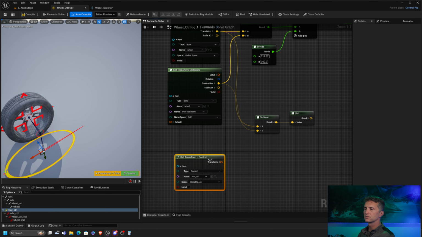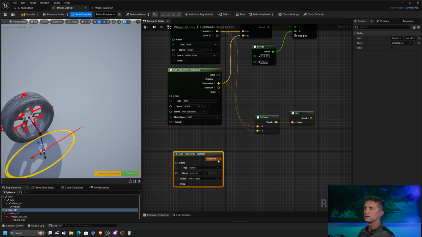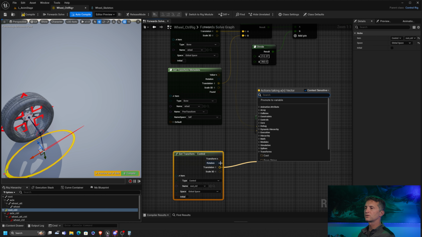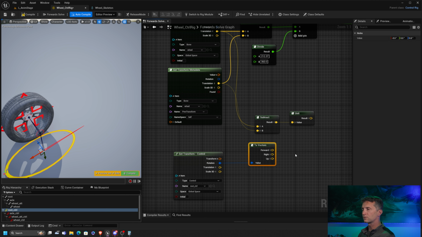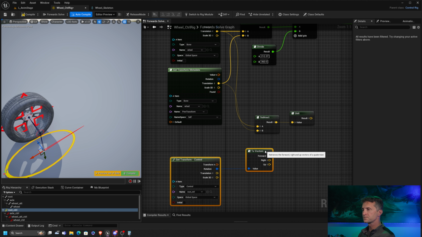Let's get the root. Let's get the position. And let's get, oh, actually, wait a second. Let's get the rotation. And let's get vectors. There's a cool thing in here to vectors. So we can get the forward, the right, and the back, which is cool. If we take the right vector, which I believe is the z vector, and we dot product that with our